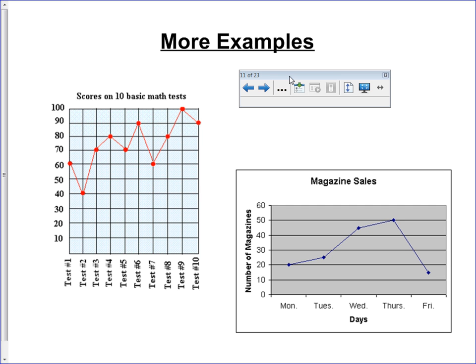So this could be a date or the number of your tests, and these are your test scores. Just like this for magazine sales, when we use these in sales or in companies to monitor how much they sell and how they're best sellers. In this one, you can see